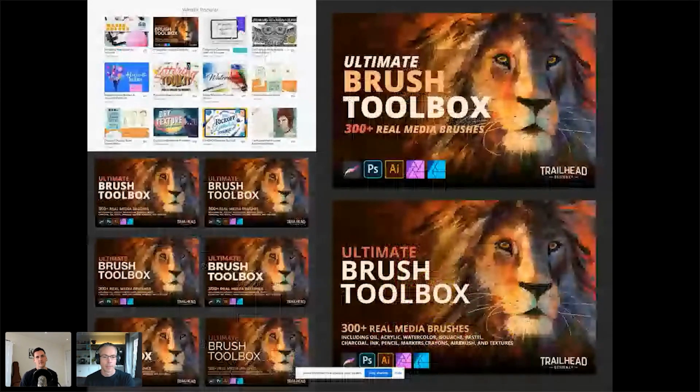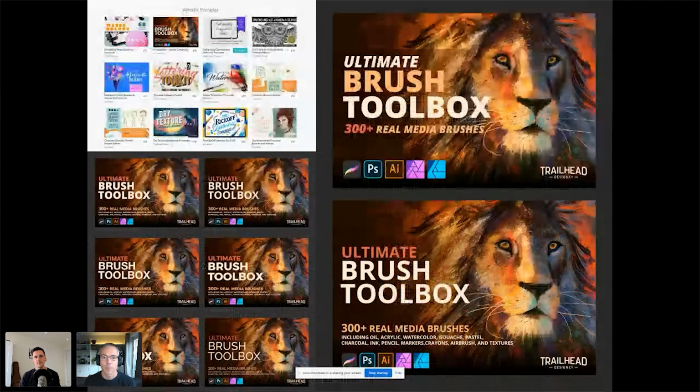So this is the awesome cover, actually, for Trailhead's Ultimate Brush Toolbox. In the top right here is the first iteration that Nathan sent through to me. He sent it through and he's like, what do you think? And I'm like, well, okay, great. It ticks a lot of the boxes. What have we got here? We have got your logo for brand credibility, which is brilliant, because people know you're a quality producer. So it plays off your brand equity, and it will build equity for future products.